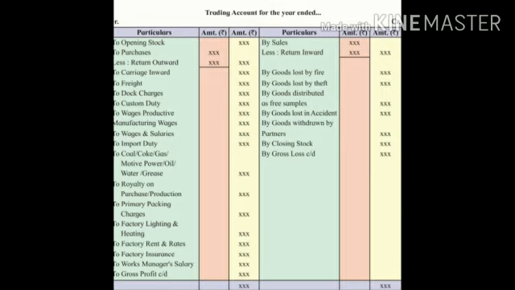These two statements are asked in exams in this phrasing, so please note down this point. Debit balance of trading account is called gross loss. Credit balance of trading account is called gross profit. Then this gross profit or gross loss is transferred to the profit and loss account. If there is gross profit, we transfer it to the credit side of the profit and loss account. If there is gross loss, we transfer it to the debit side of the profit and loss account.